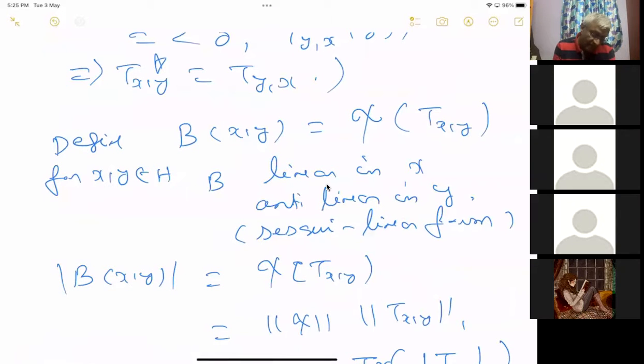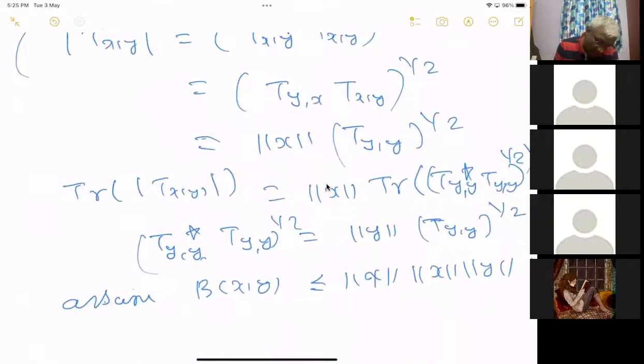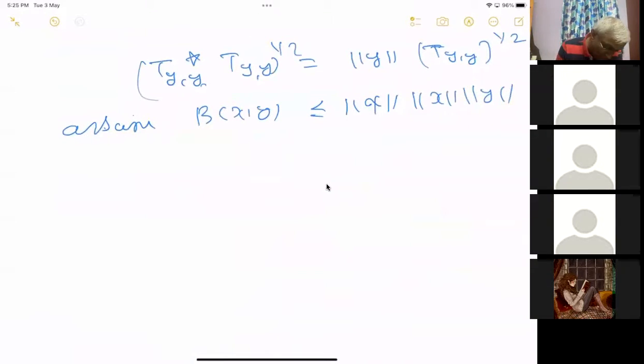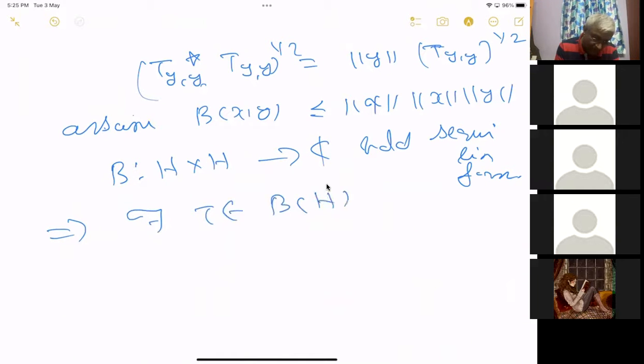So for any x, y in the Hilbert space, we take the finite rank, the rank one operator T_{x,y}, and we define the linear functional chi on the T_{x,y}. That will give you a bounded sesquilinear form on x cross y. Okay, so B from H cross H to C is a bounded sesquilinear form. Okay. So there exists an operator T in B(H) such that B(x,y) equal to